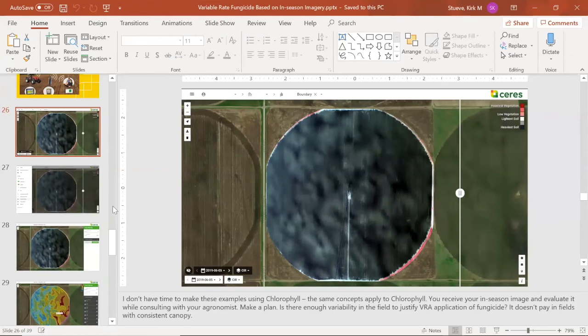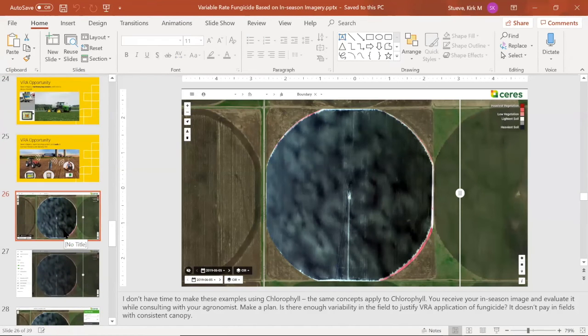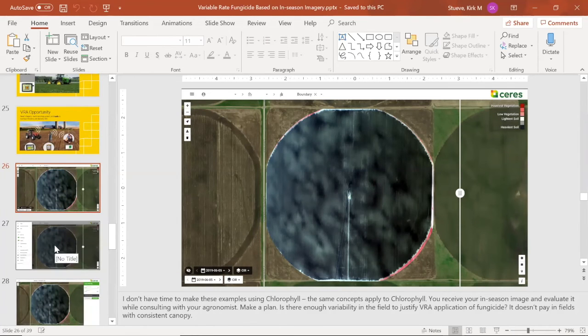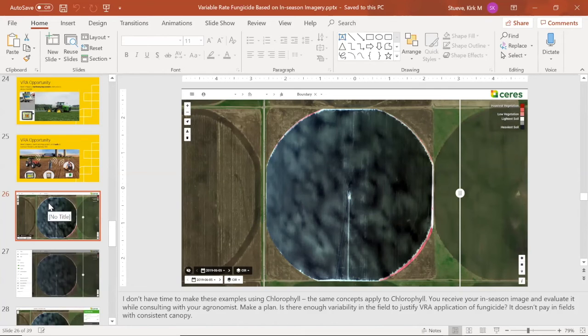The piece of this that I glossed over a little bit, and I wasn't sure how much time I'd have, so I have 5-6 minutes to wrap things up here. The challenge that most novice users have, especially agronomists and growers, is that they can access imagery from a bunch of different providers, could be satellite, aerial, drone, it doesn't matter. But there's still a challenge in converting that image into something that can be acted upon and used to deliver value to the customer. Series has a variable rate tool, and there are some other platforms that have tools as well, where a novice user with very little GIS and remote sensing experience can apply algorithms and make zones in a web-based platform